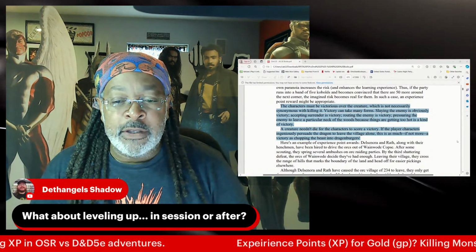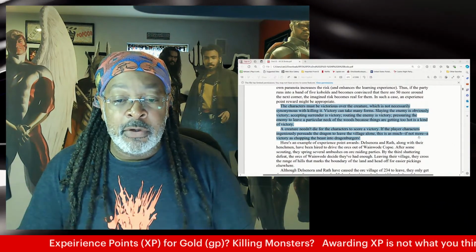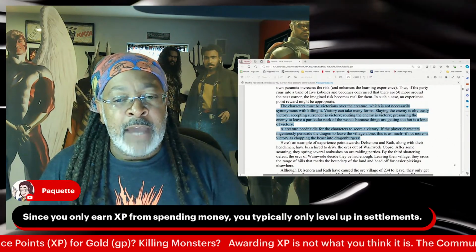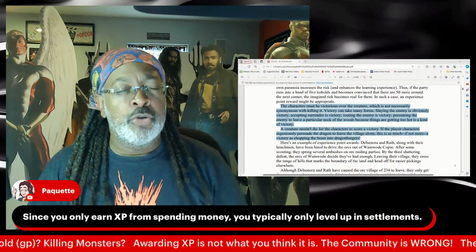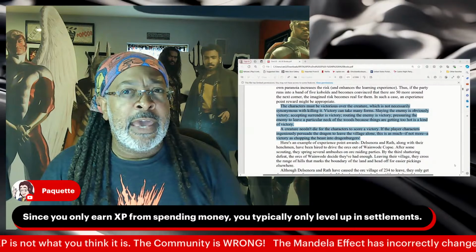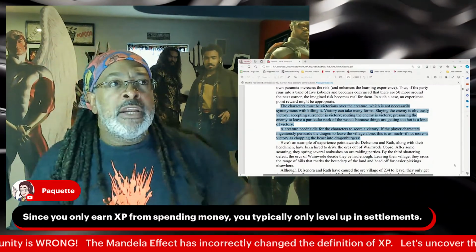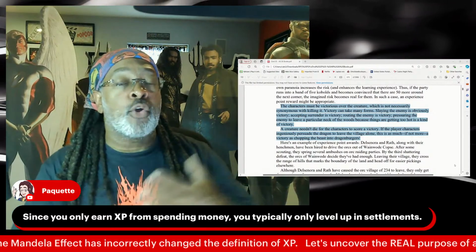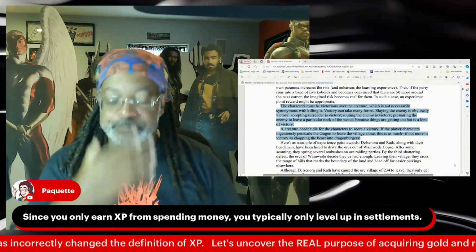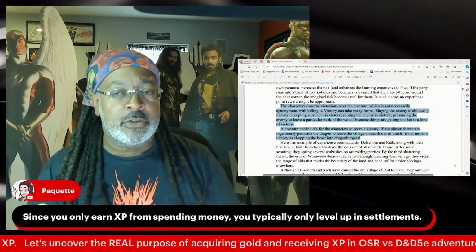Yeah, and since you only earn XP from spending money, you typically only level in settlements. And remember, the term spending gold for experience has been misread and mislabeled. In the OSR, it is the act of acquiring, meaning we didn't have to fight the monsters, because remember, fighting monsters was dangerous.